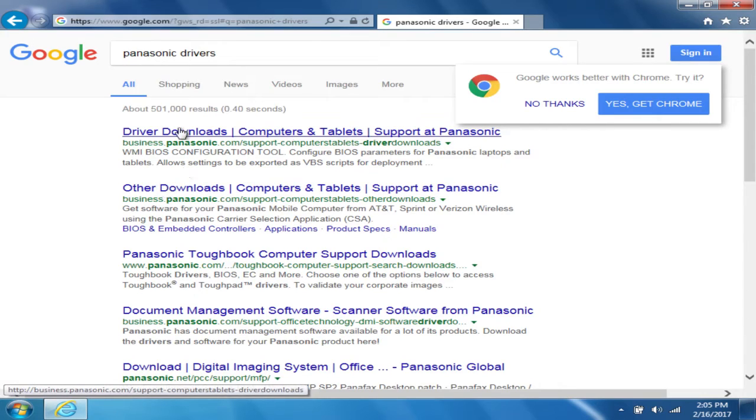For regular drivers, you would click drivers, downloads, computers and tablets supported Panasonic. For the carrier software, though, you want to look under other downloads, computers and tablets supported Panasonic.